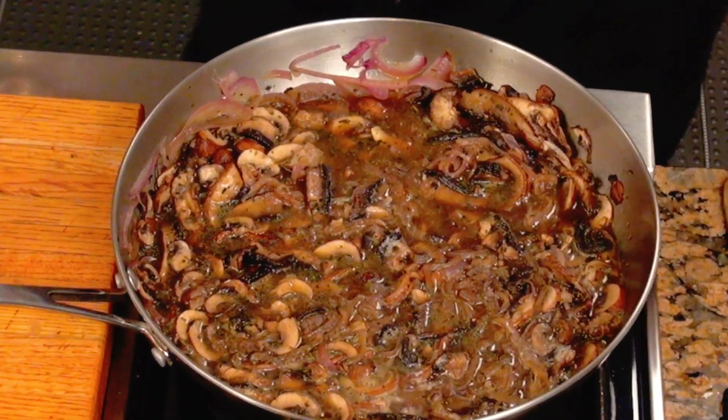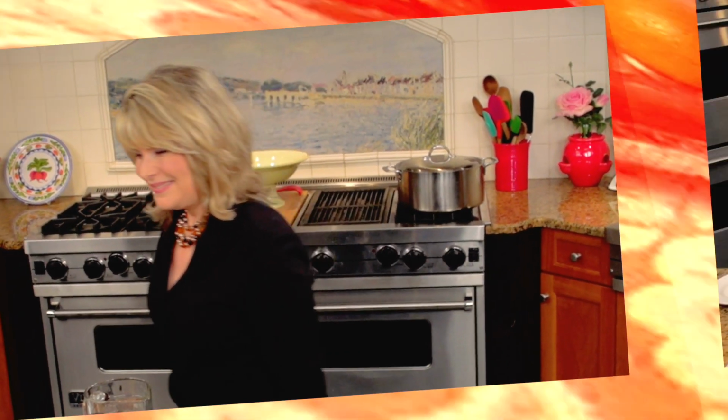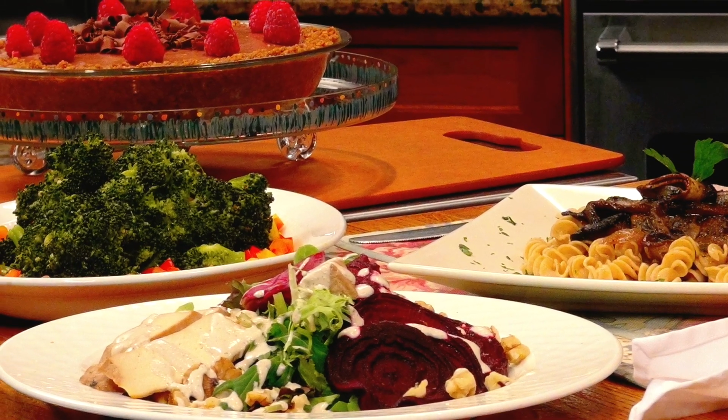So let's put the top on, let it simmer a bit, let our pasta finish cooking, and I'm going to plate this baby up for you. Elegant and easy. Wouldn't you be proud to serve this to any guests coming to your home? It's a quick and easy way to throw a